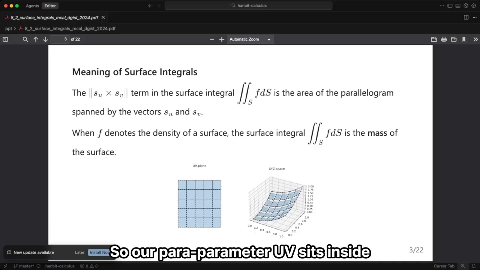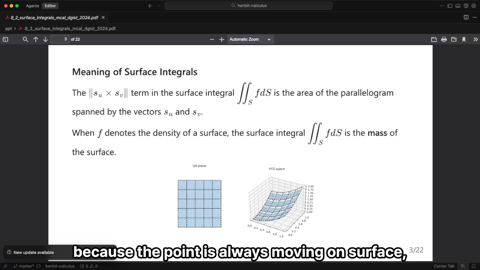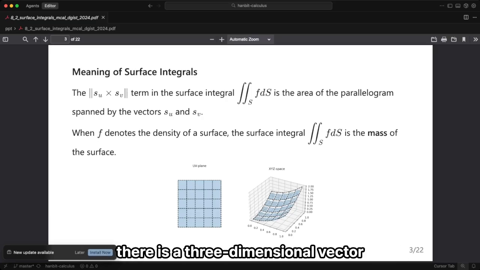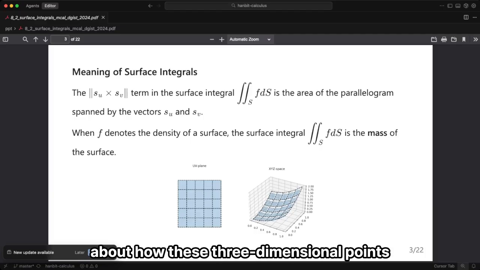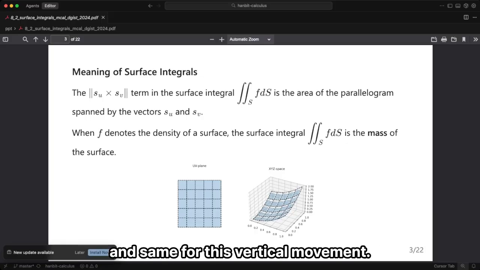So our parameter UV sits in a different space, in UV space, which is on the left. And S, the parameterization, is mapping my UV point to an XYZ point. So if I move along these two directions, because the point is always moving on the surface, if I just start to move in this direction, there is a three-dimensional vector that is giving us information about how this three-dimensional point corresponding to this two-dimensional point is just about to move, and same for this vertical